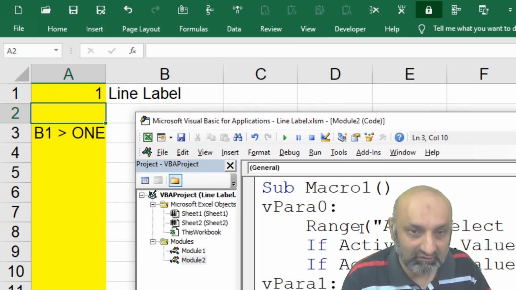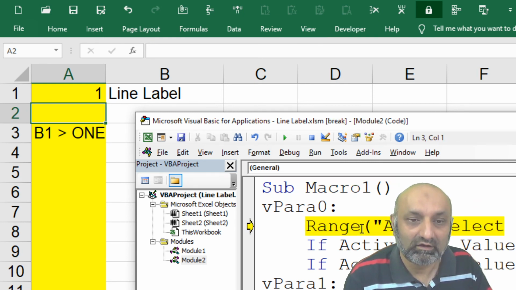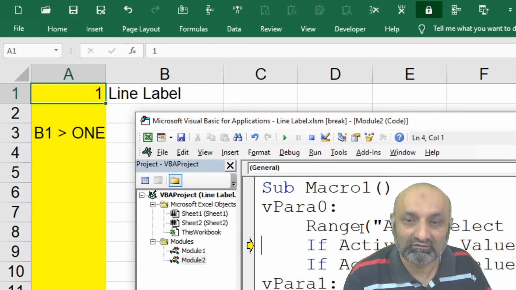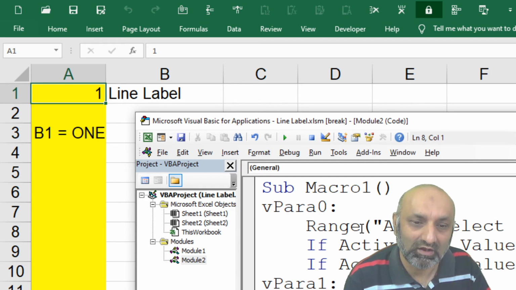F8. A1, is it equal to 1? Yes, go to para1. Jumped and went to para1. A3.Value is equal to whatever is in the inverted commas. You can see in A3 now it is B1 is equal to 1.